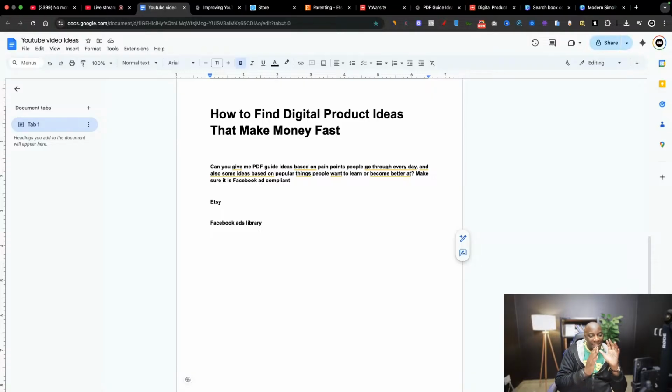For example, ask it to write chapter one. When it's finished writing chapter one, you then copy it, put it into a document, and ask it to write chapter two. Then it's going to write. Because if you ask it to write the whole book at once, it's going to make it short, and sometimes it will just stop along the way unless you're using the paid plan. And also, you need to read through it and make sure that there are no mistakes in there and the information is accurate.